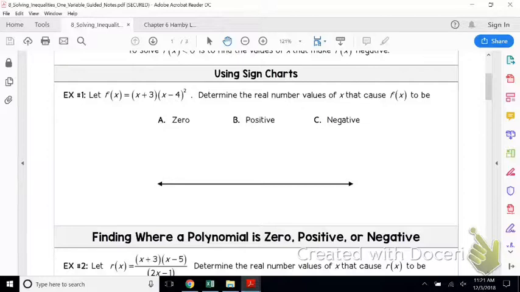All right, so in example 1, we're going to let f of x equal x plus 3 times x minus 4 squared. We're going to determine the real number values of x that cause f of x to be 0, positive, and negative. Well, when we did our number line before, when we were graphing, what did we put on